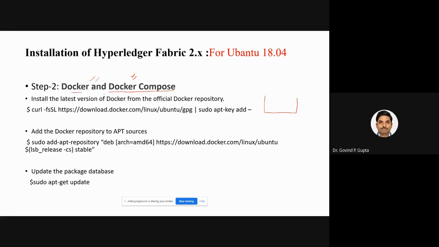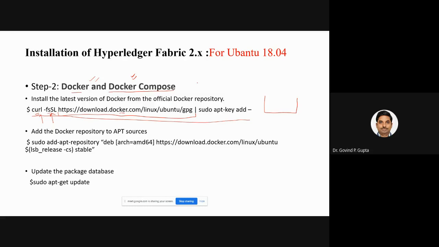In order to install both packages, there is a single command. So you see here, in order to install Docker and Docker Compose, we are using curl. The argument is your URL here. At this URL, Docker and Docker Compose are available. These are some options we have taken for curl. This represents what kind of channel curl is using for downloading the software. So here SSL, secure socket layer, is used.